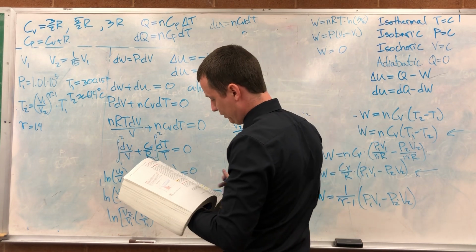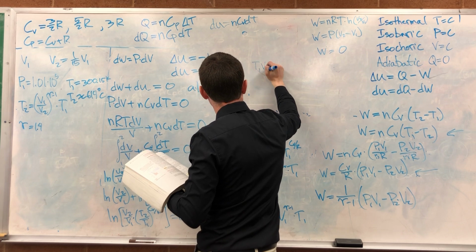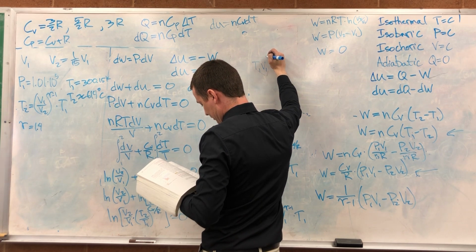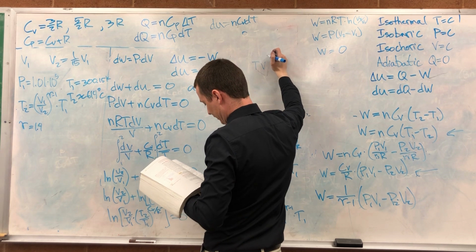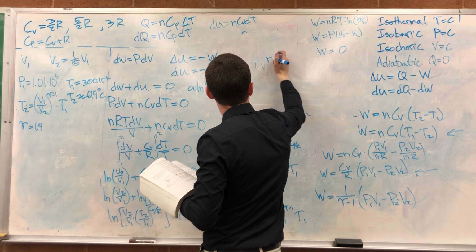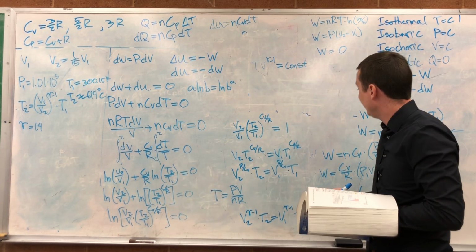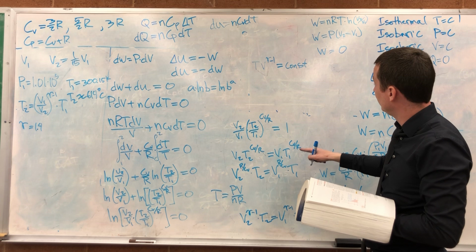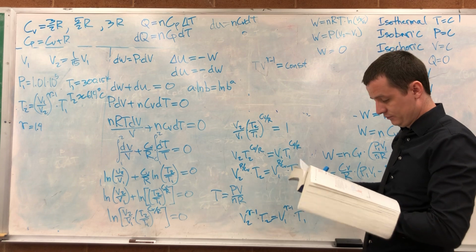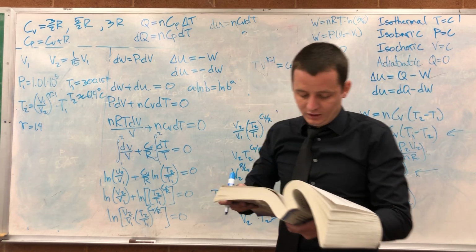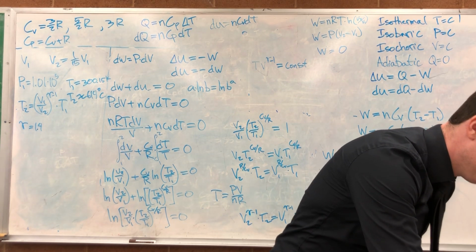So we start out with T1, V1 to the gamma. Well, let's just do T times V to the gamma minus 1 is equal to some sort of constant. That's this equation right here, this one, right? Just a different order. Okay, so now we substitute in our temperature from our